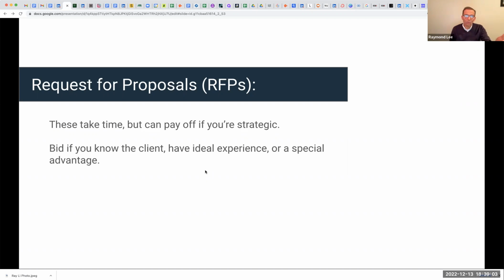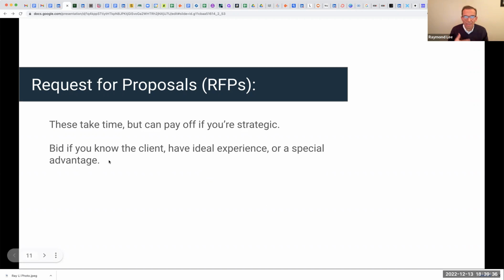Okay, and then when should you bid? If you don't want to waste your time, because this was kind of a quick experiment, but some of them can be quite lengthy and take hours to prepare. It could take half a day to prepare a bid sometimes. And in that case, you want to be a little bit strategic and just bid on the ones where you've got good experience, where you think you have a good chance of getting the contract, or they know you, or you have some special advantage.